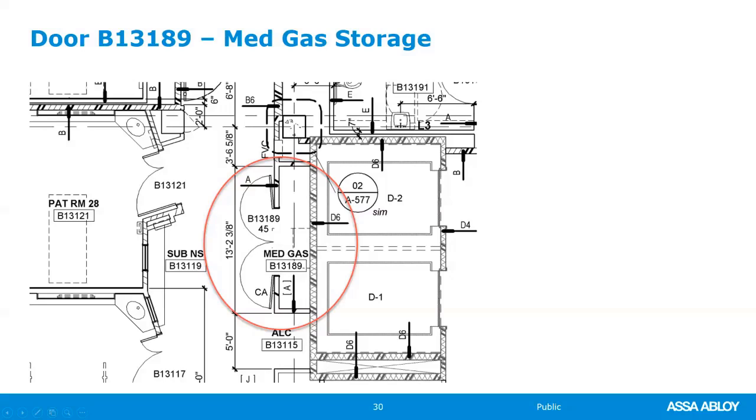This isn't deep enough to have a person inside this storage closet, if you will. It's only 2'4" deep. So they're going to be storing canisters of oxygen and CO2. That's why it's fire rated, but it isn't considered high hazard. And this is definitely very clearly a non-occupied room. On a fire rated pair of doors, the inactive leaf could have manual flush bolts and no door closer. That is the way that it was specified originally. I specified it that way